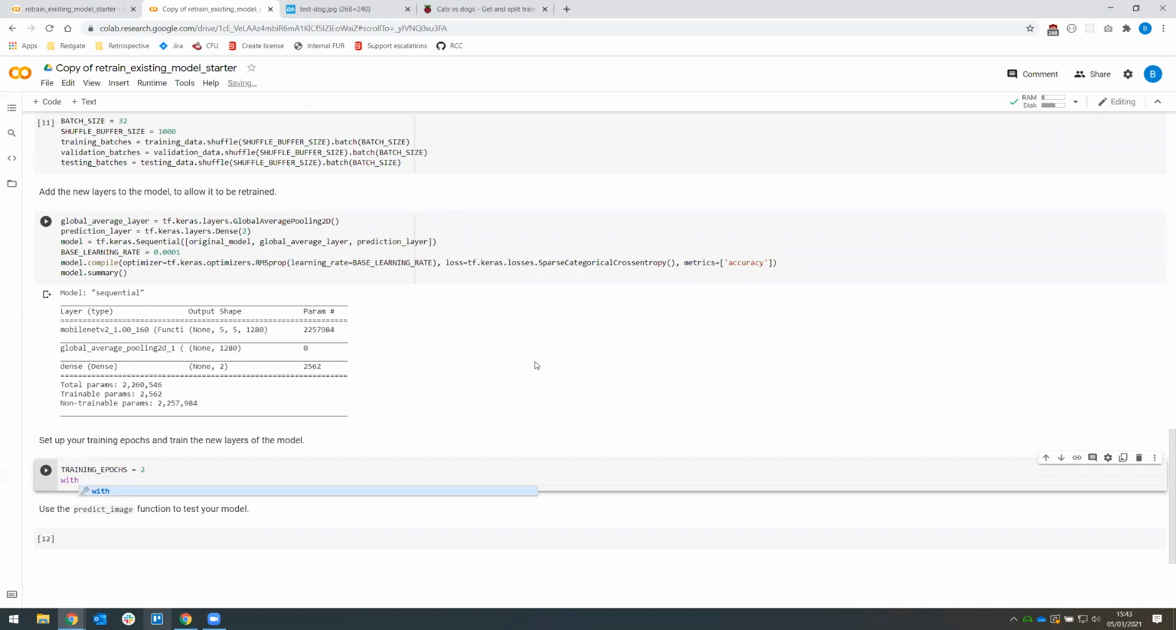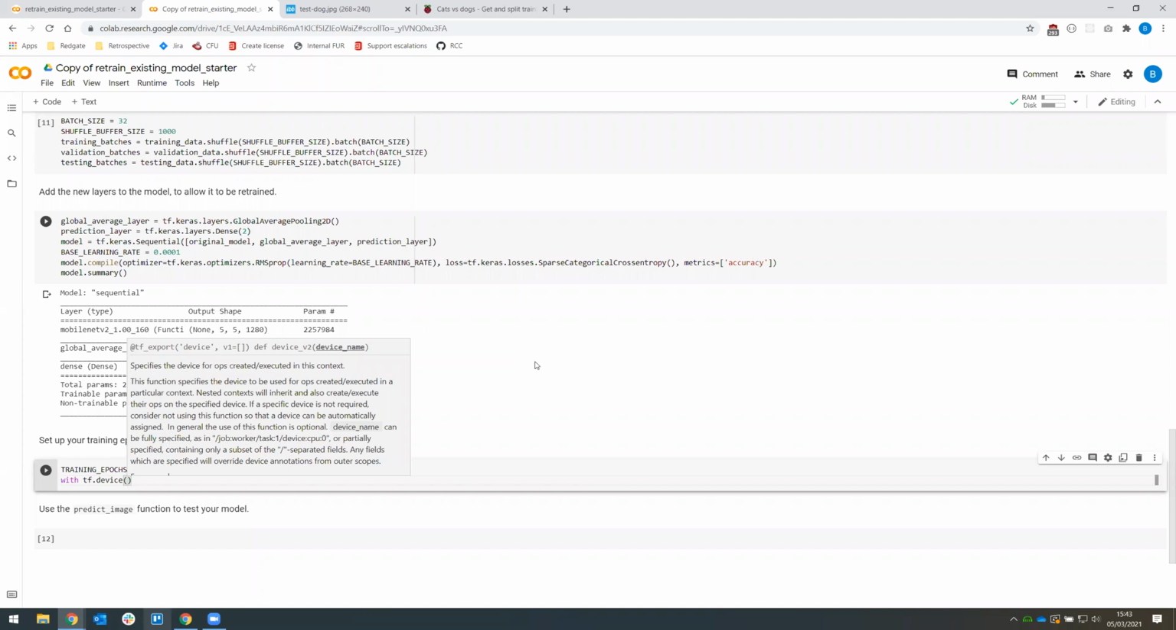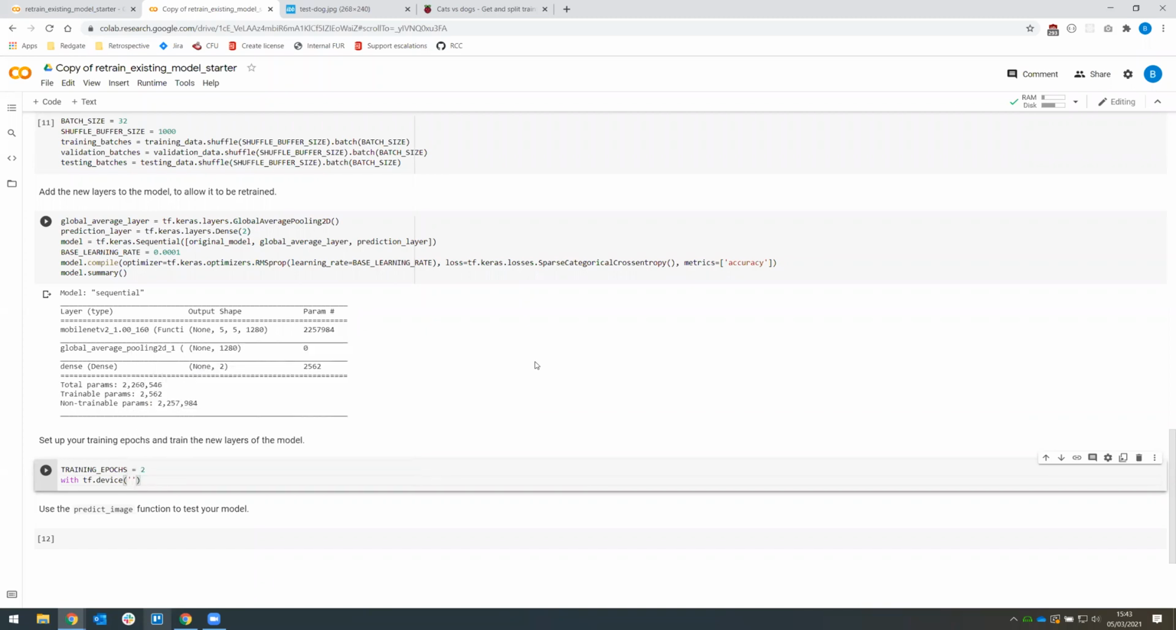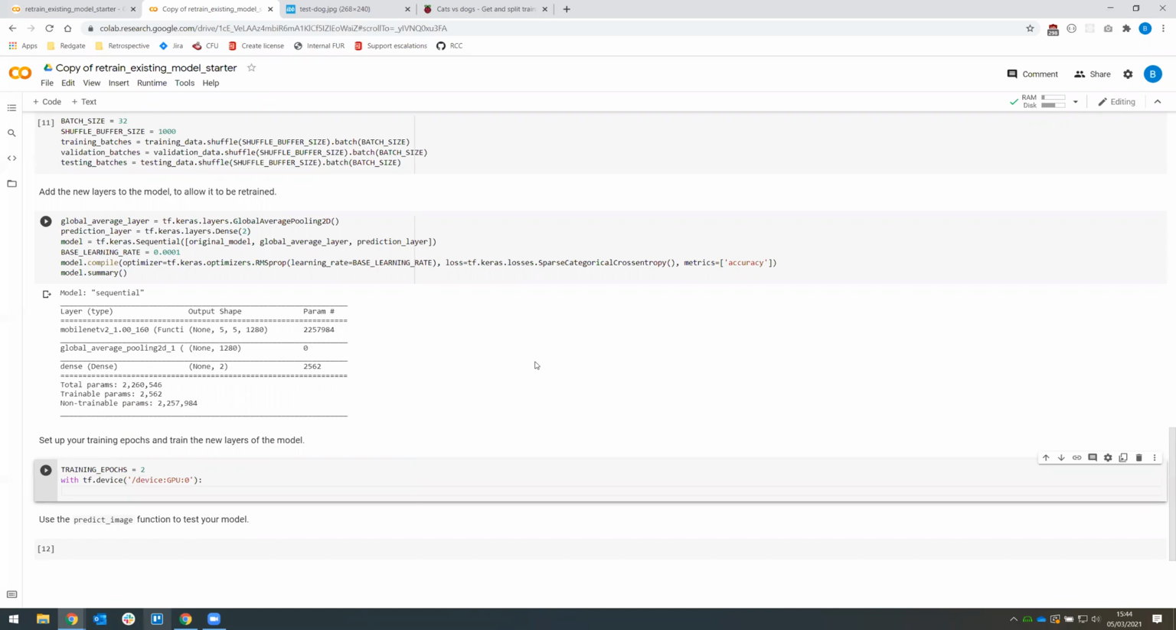So to do that, we're going to type with tf.device, and then we've got open brackets, and then in quotes we're going to type /device:GPU:0. So this is going to tell TensorFlow to use our GPU, and then I'm going to put a colon at the end of this line,